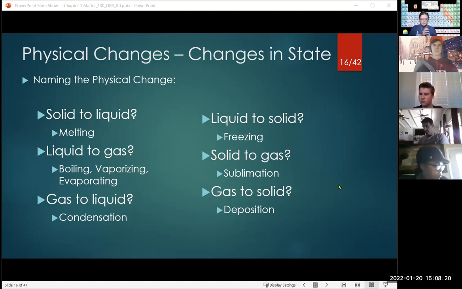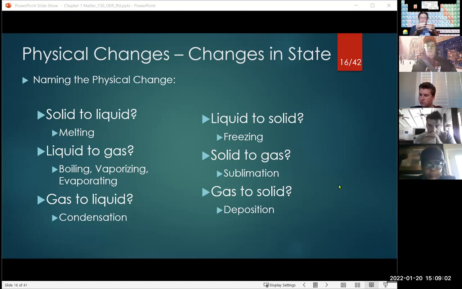Now, all these different names that we have, it's a matter of energy. It's a matter of putting energy into the system or taking energy away. And it's a matter of interfering with the interaction of the molecules. What I tend to use is these magnets here. You see a bunch of little magnets here. What's happening here is there's a connection between the molecules. This could be a molecule of water interacting with another molecule of water. And when we put energy into the system, this could be the nice and ordered state. All the magnets are nice and solid, ordered. It represents the solid phase.